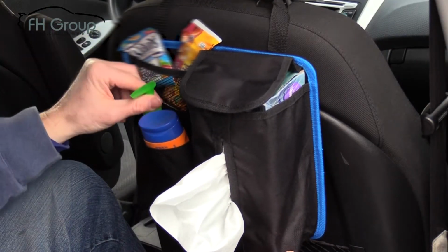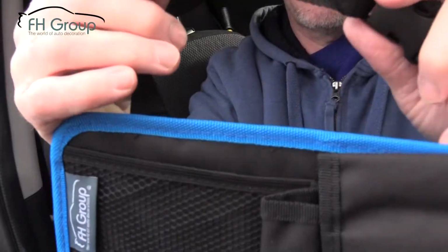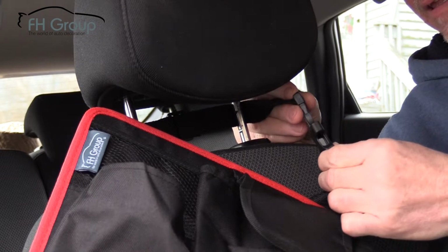Our hanging car organizer with tissue dispenser is the ultimate road package for busy commuters always on the go. And it's easy to install. It has a sturdy adjustable strap and a clip that makes it simple to wrap around your vehicle's headrest and